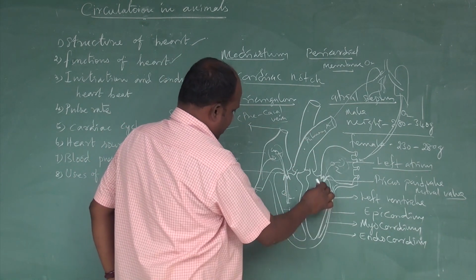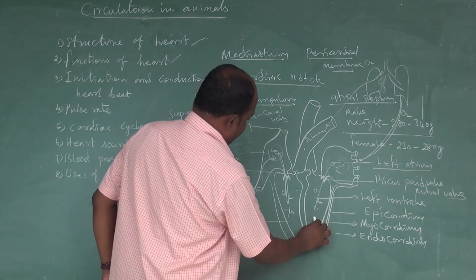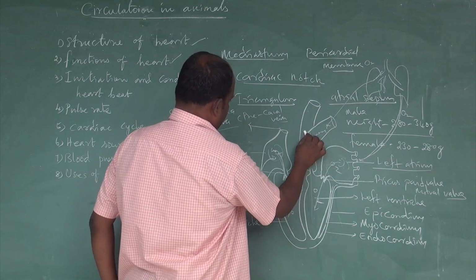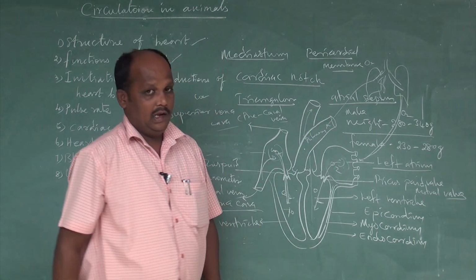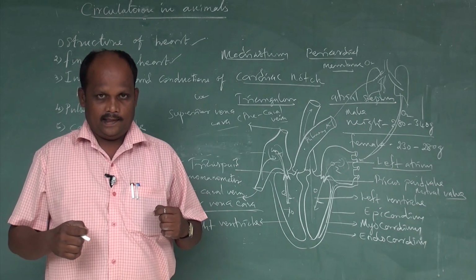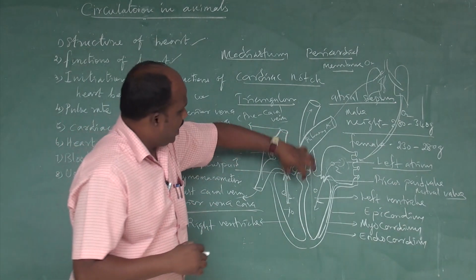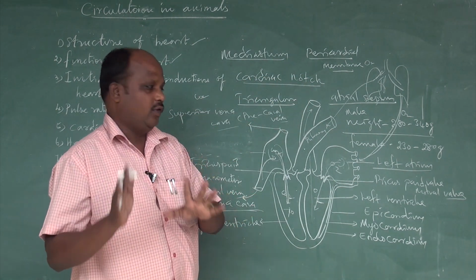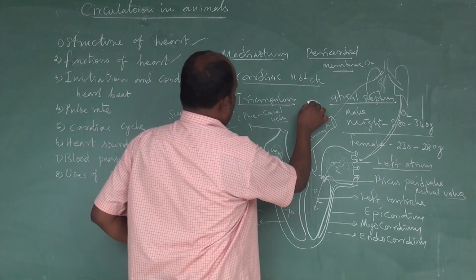After the blood is passed, the ventricle will contract, and the blood will be passed from the left ventricle to the major blood vessel, that is called the aorta. The aorta is the very largest blood vessel in our bodies. It comes out from the heart structure. The blood vessels that carry blood away from the heart are called arteries.